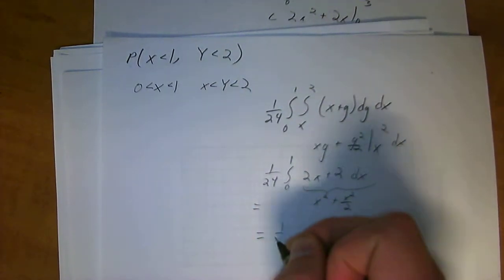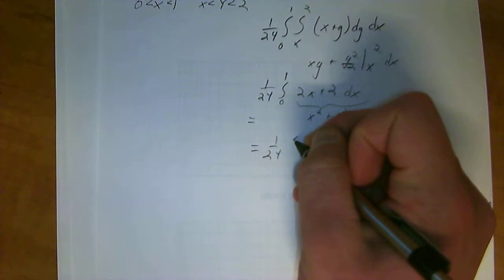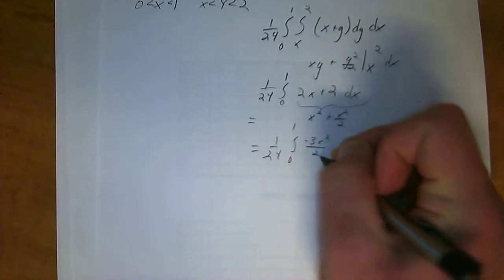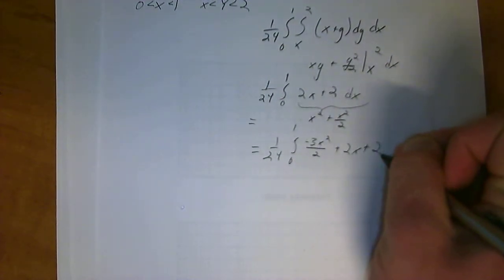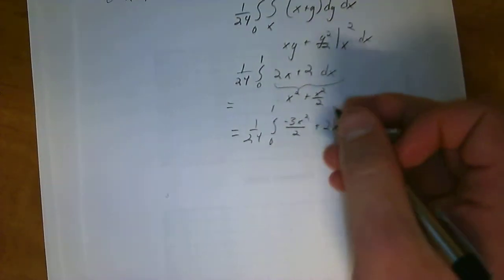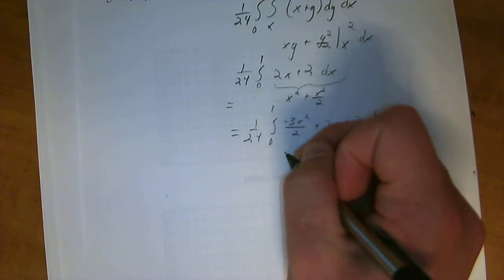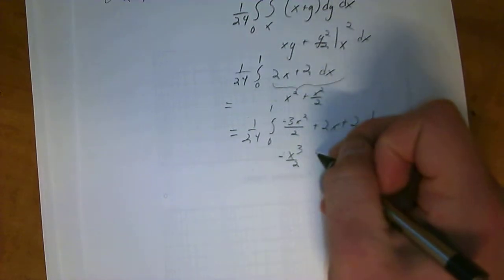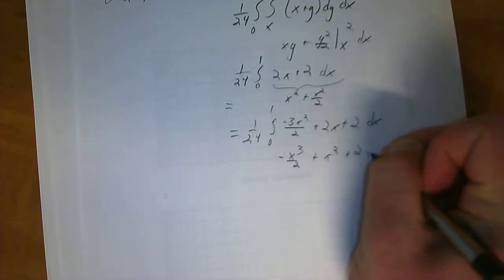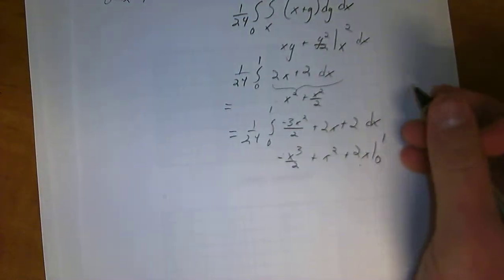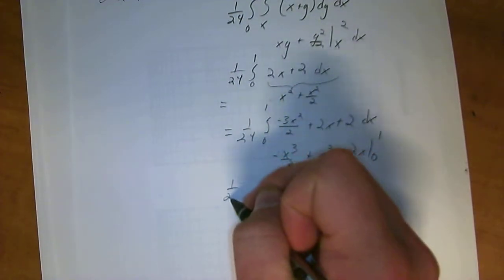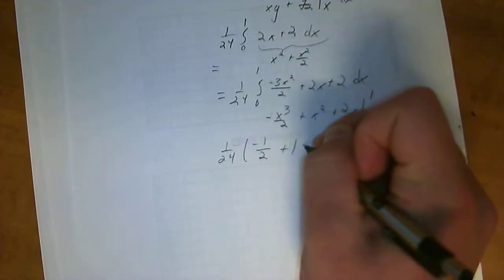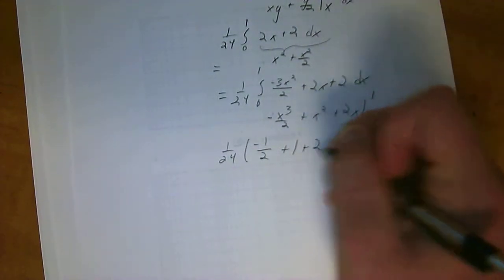So then this goes to 1 over 24, integral from 0 to 1 of negative 3x squared over 2 plus 2x plus 2 dx. So then taking the integral of that, you get negative x cubed over 2 plus x squared plus 2x. The range from 0 to 1, and you end up with 1 over 24 times negative 1/2 plus 1 plus 2 minus 0,